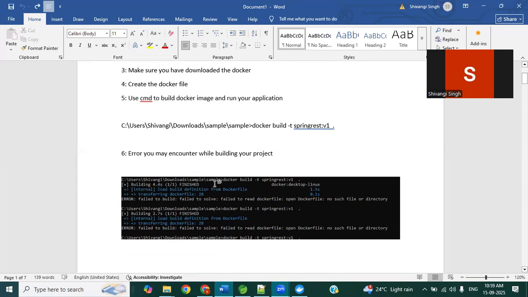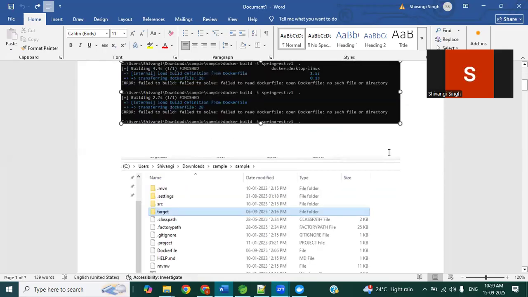Now, if you see my screen, you can see the error like failed to build, failed to read Dockerfile, open no such file or directory. When such an error comes, make sure, this is a sample path location, that your Dockerfile is residing in the same location and the name of your Dockerfile starts with Dockerfile, in the case when you are not renaming it and not explicitly providing the name in the command.